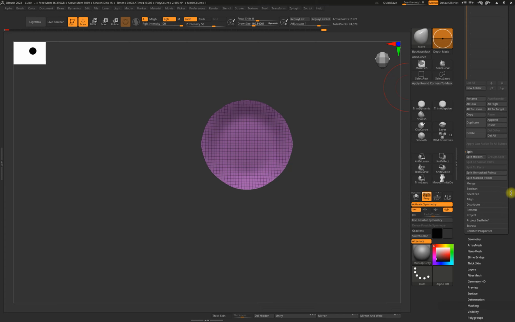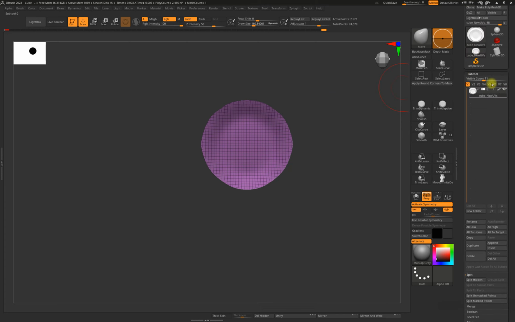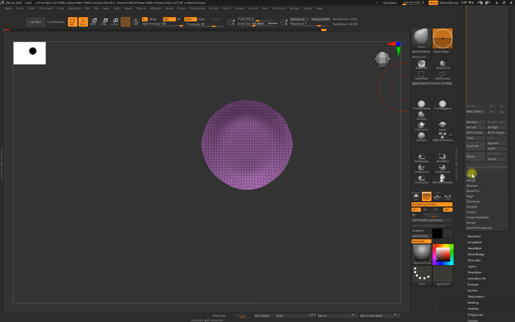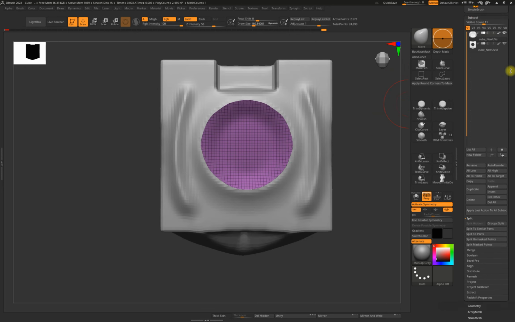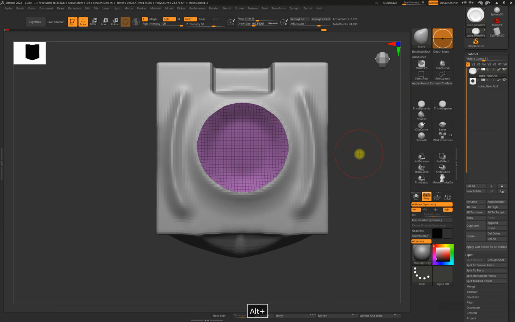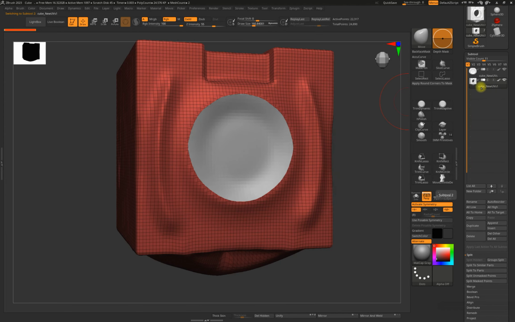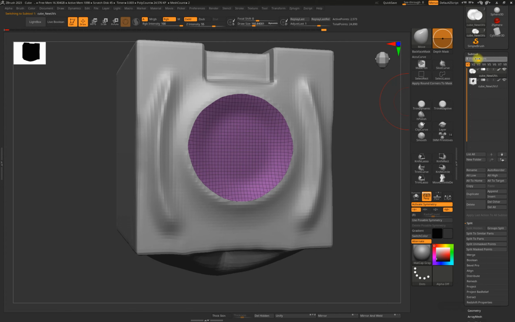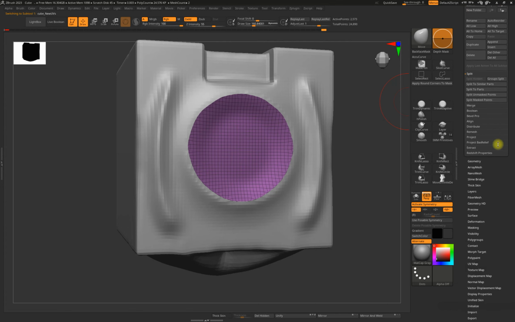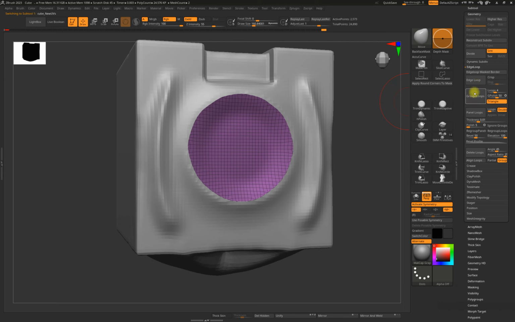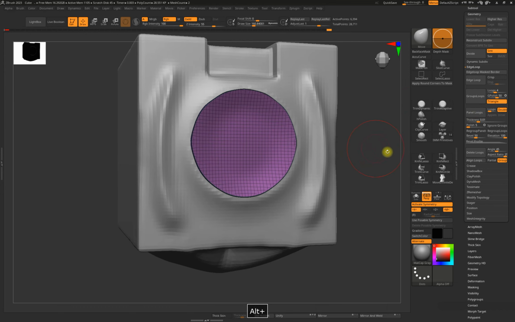So what I can do is split hidden now because I can easily hide this object here. So I can go into my subtool palette, and then go to split and split hidden, which will leave me with two subtools. And then over here with this subtool, I'm just going to reduce that. If I go to my geometry tab again, and instead of group loops, I might use edge loops or panel loops or something. And what this does is that it will,